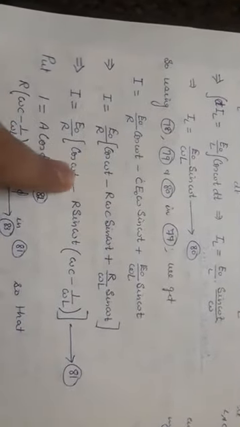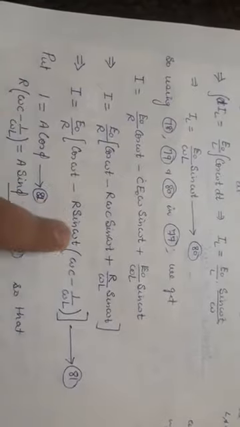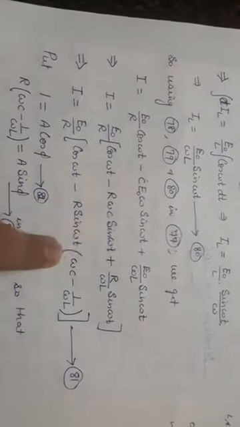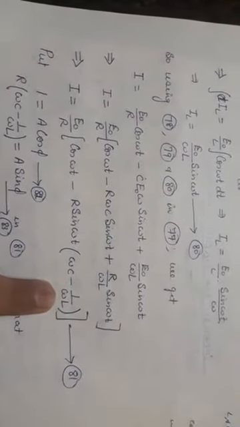Now I am going to use these values of IR, IC and IL in my equation for the total current I, which is equal to IR plus IC plus IL. So using the values of IR, IC and IL, I get this type of equation. From this equation, collect the like terms and make the coefficient of cos omega t as 1 and the coefficient of sin omega t as R times (omega C minus 1 upon omega L).